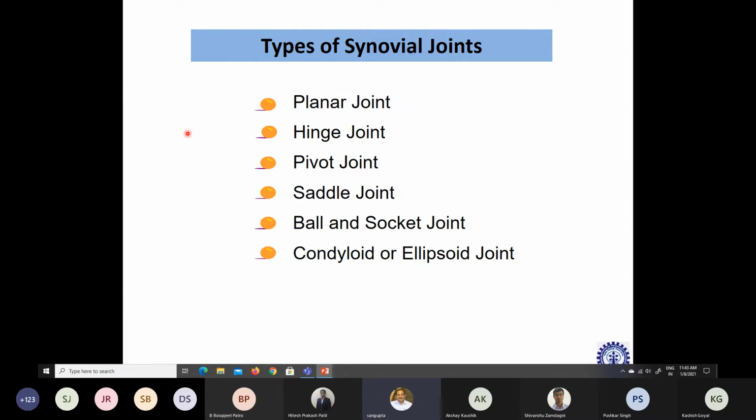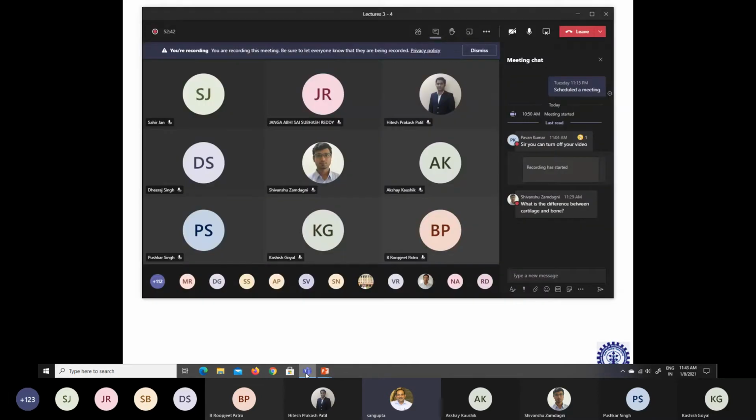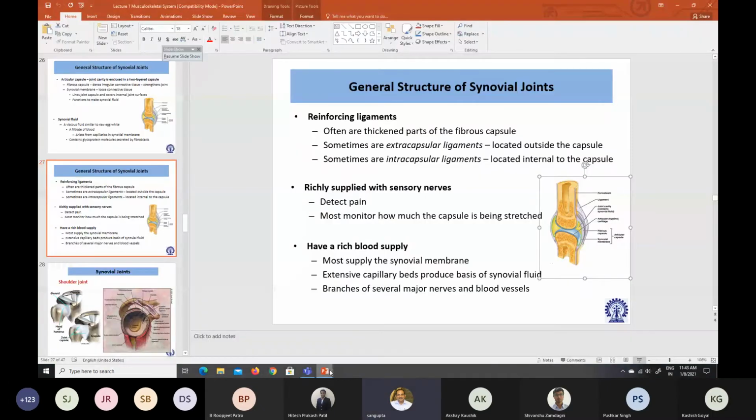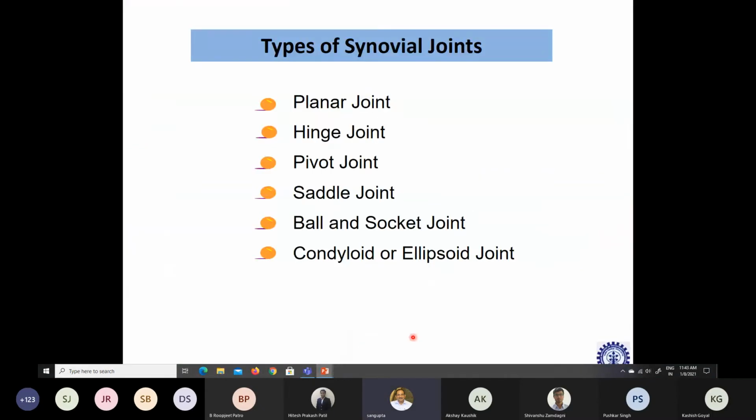When we compare the anatomical joints with the mechanical joints, it is always connected with the degrees of freedom. There are several anatomical joints, as you all know, and the major joints,